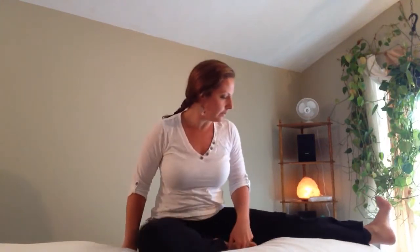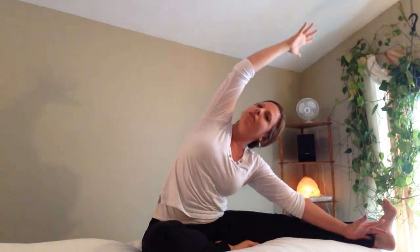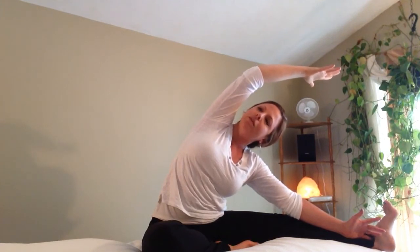And then come all the way back up, switch sides. Right foot inside the left inner thigh, left arm down, and then the right arm reaches up, and then arcs over. So again, make this nice and gentle for yourself, and especially if it's first thing in the morning, your